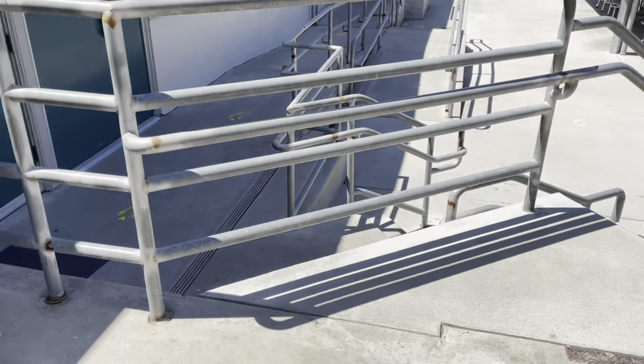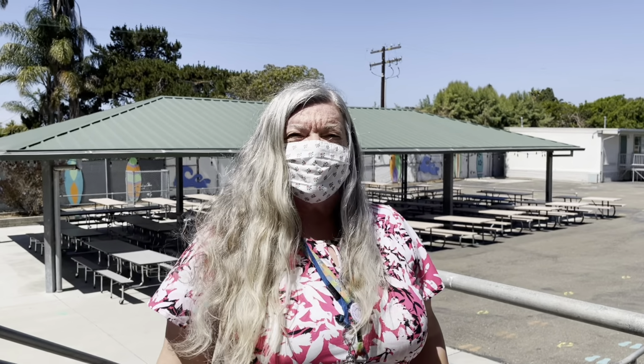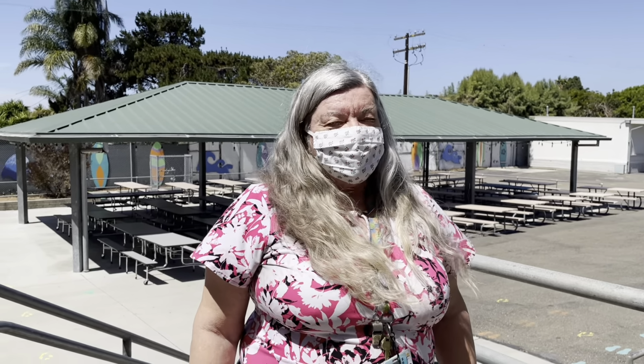If you see someone come out of the restroom and their hands are dripping wet, you tell them to go back in there and dry their hands right away. But if their hands are completely dry, it is safe for you to go in when you see one person come out. Always be watchful and let that person get 6 feet away from you before you start going in